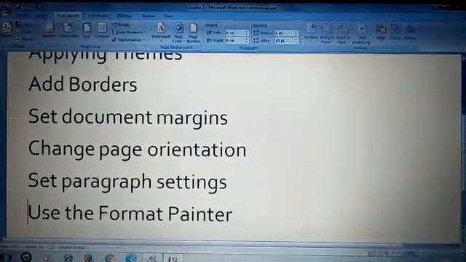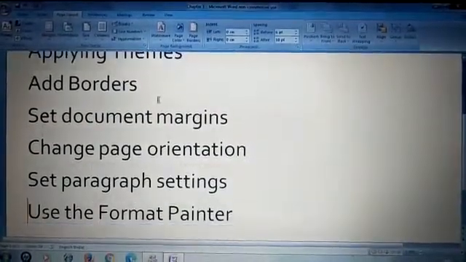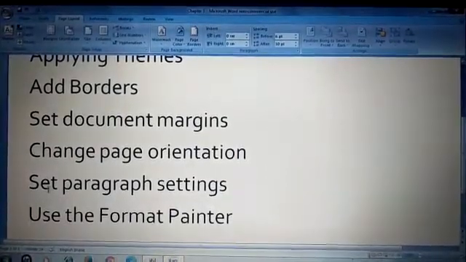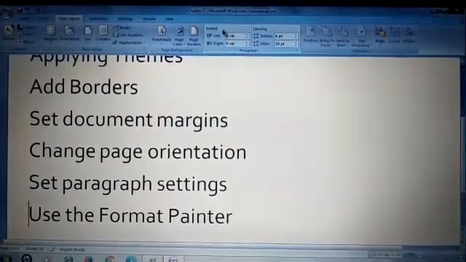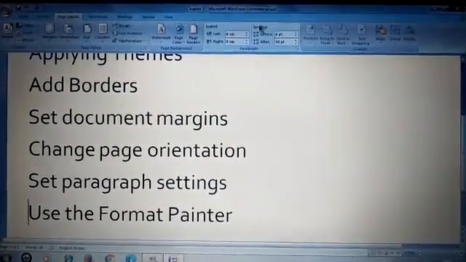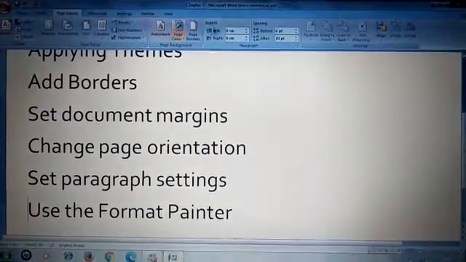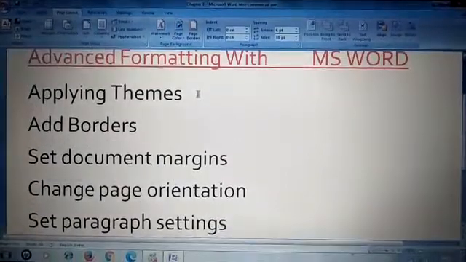Now I have told you applying of themes, adding borders, setting document margins, changing page orientation, set paragraph settings. Paragraph settings, I have told you how to indent, how to change the spacing of line or a paragraph. And next and the last one is format painter.